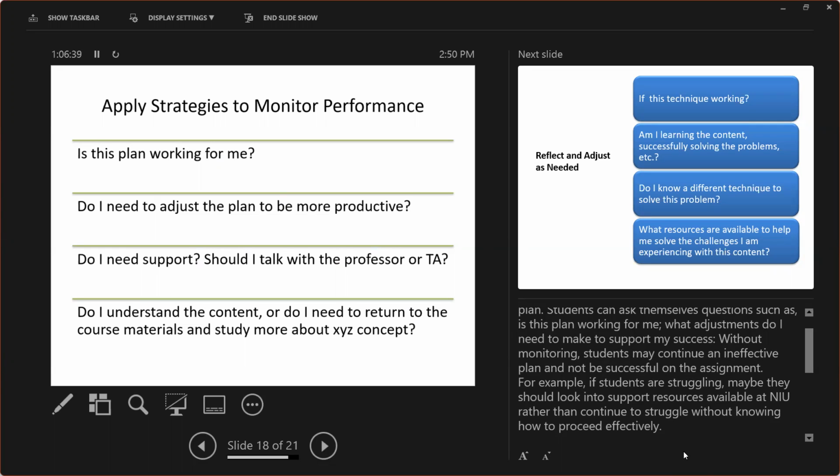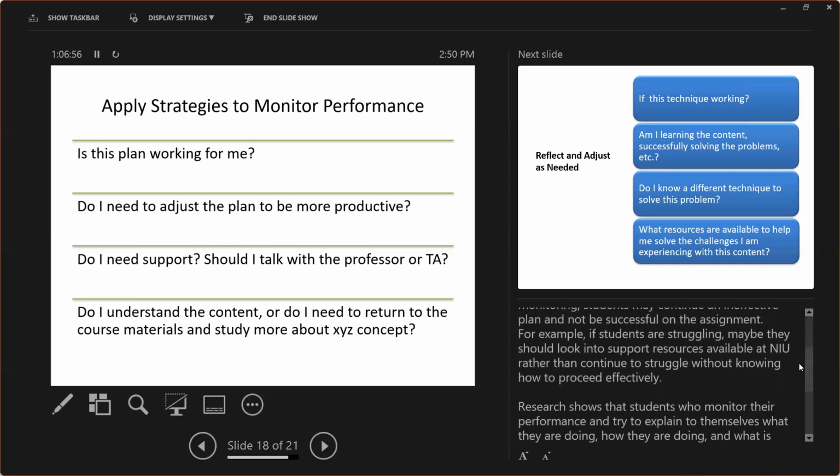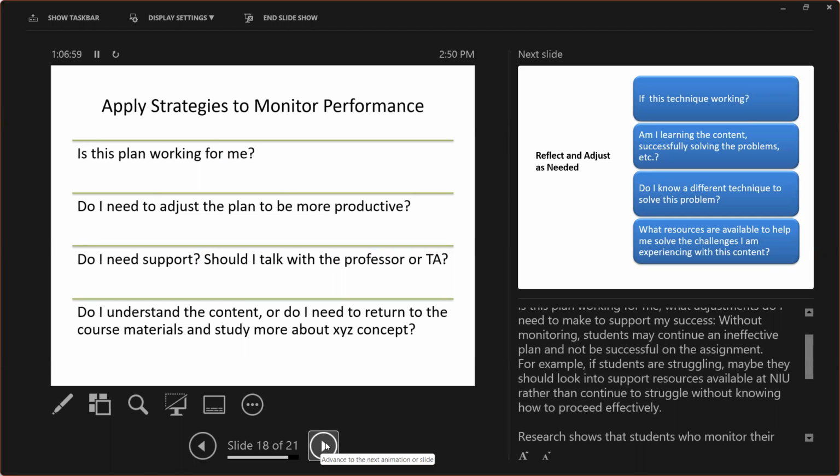the resources I needed because I didn't put time into the planning. And so when it got to monitoring my performance, I realized, oh, I didn't really put together a decent plan, and so it's not working that well. So monitoring their performance is not necessarily something that students will naturally do, but you can build in those questions. And then it makes it part of the course and part of the assignments,